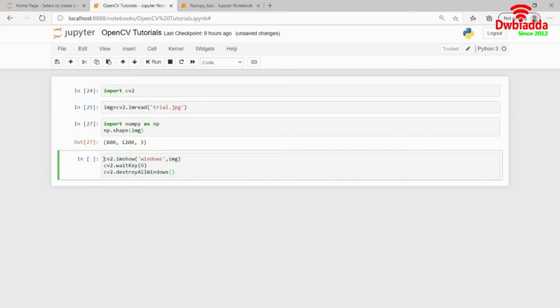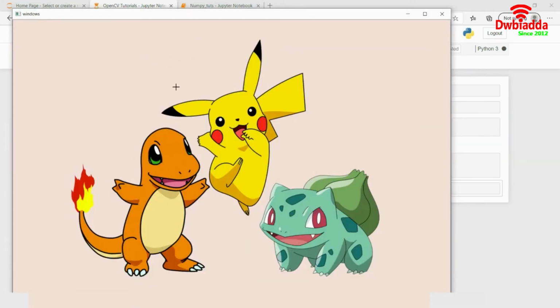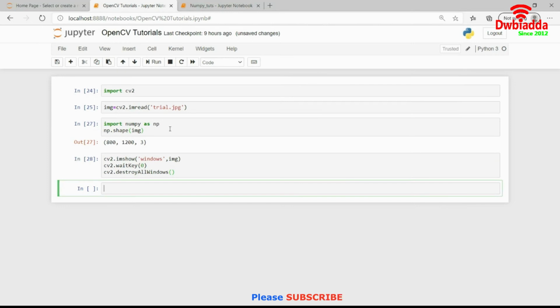So for opening an image using OpenCV, you have to use these 3 lines of code. If you just use cv2.imshow, it will open up an infinite loop of images for you, and you won't be able to close the image at that point of time. So to close the image, you need to have these 2 lines written while using OpenCV. As soon as I hit the run button over here, you will see that this image appears on the screen. This is the image that I have stored, and as soon as I press the 0 button, it will get destroyed. So this is how you open an image using OpenCV.